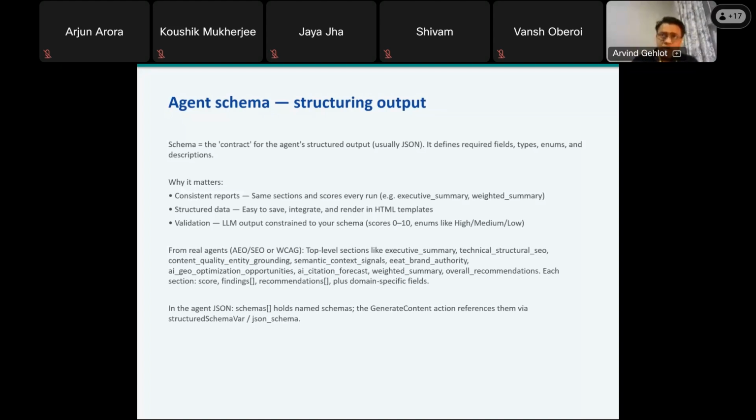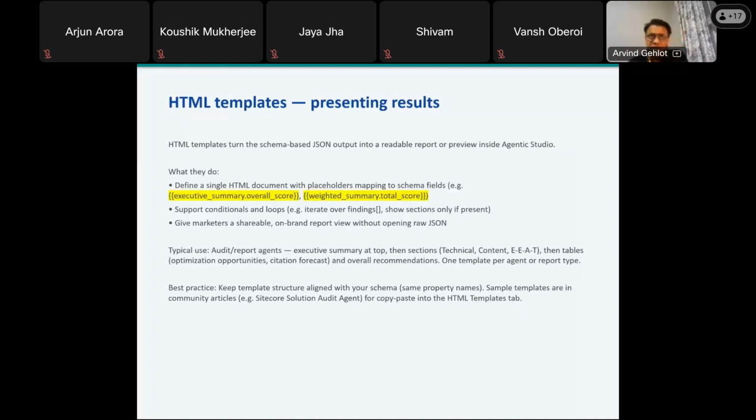So the output will be generated, as I mentioned, in two formats. One is JSON format, if we define the schema. If we are not defining the schema, then you'll get the output in a very generic form. And the second one is the HTML template, where we can give the presentation to a structured schema. HTML templates are what turn the schema-based JSON output into a readable report or preview